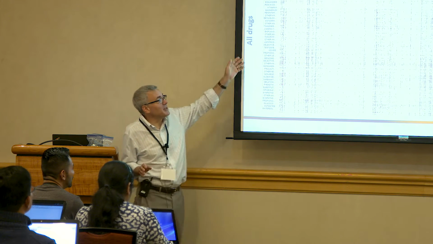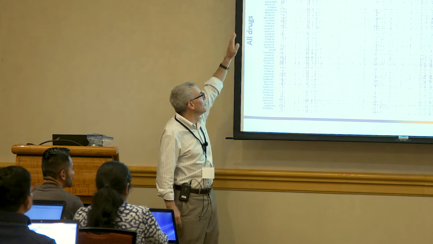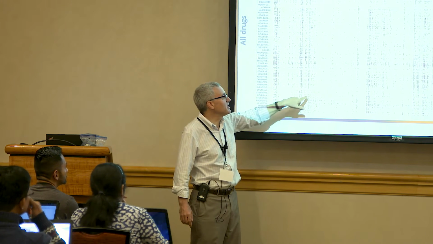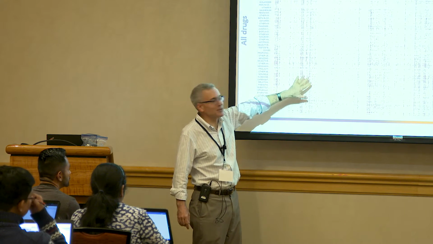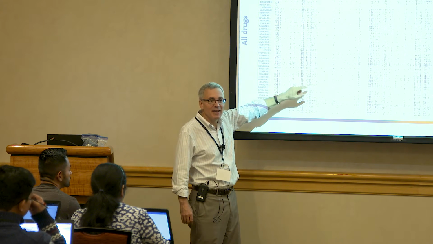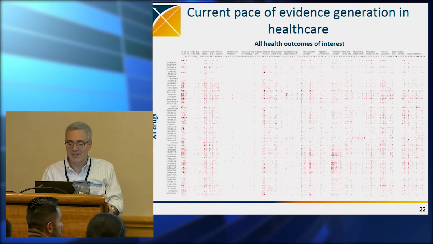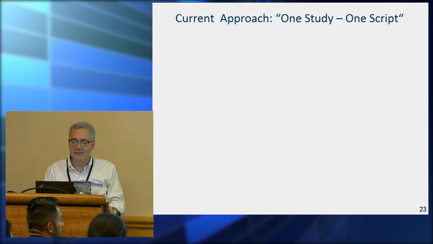Why are we doing this? This is a figure that we've shown before. All drugs, all side effects. The literature is sparse. These red dots show where we have publication. The white is where we don't have evidence. And the red dots are 10 times their real size so that you can see red on there. Otherwise, it would just be a big white rectangle, lack of evidence. So that's what we're trying to fill in.